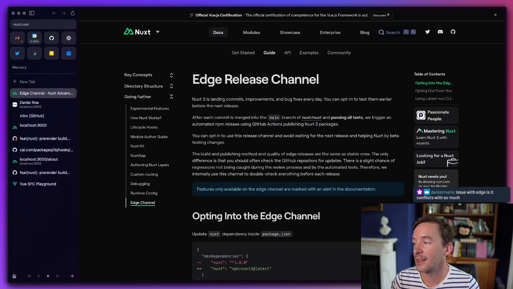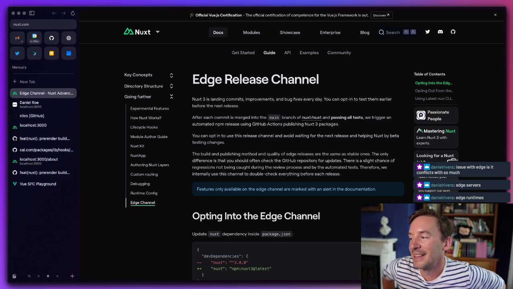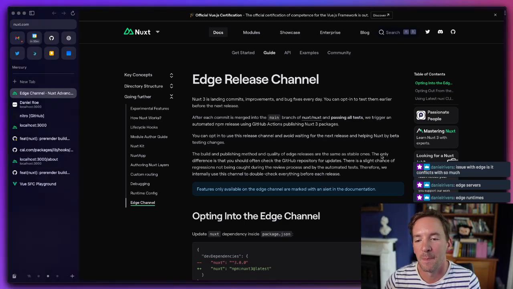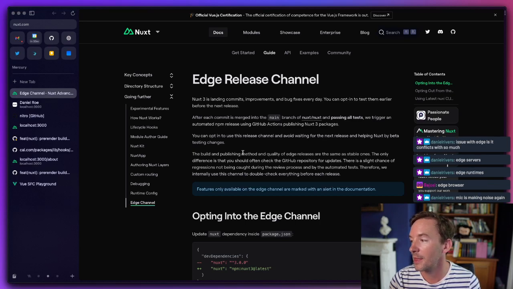Oh yeah, no, I get it. The whole point is we're planning to rename it from Edge. You don't need to stop. No, I'm totally on board with this. But it has been like this for some time. Nuxt 2 had an Edge channel. So I could say that all of these other things are